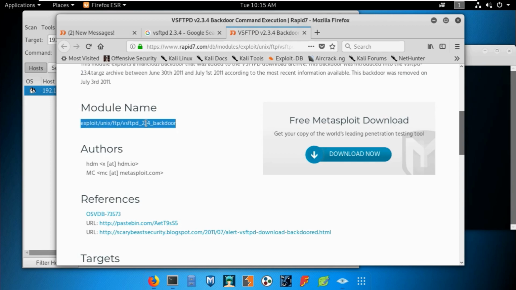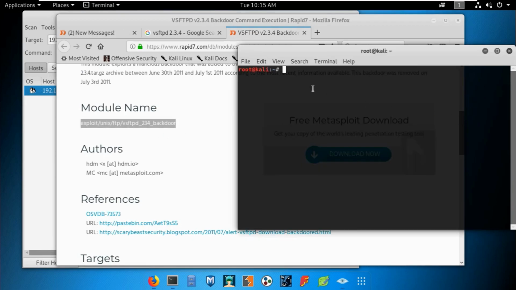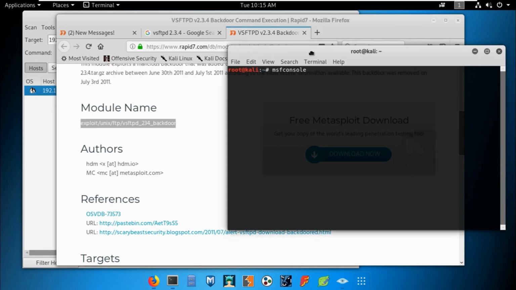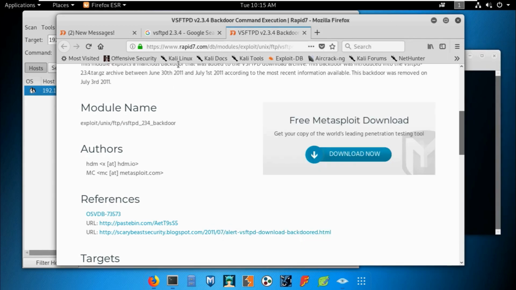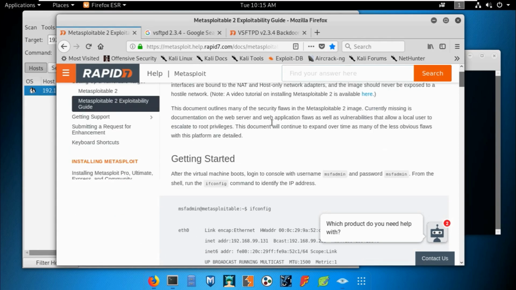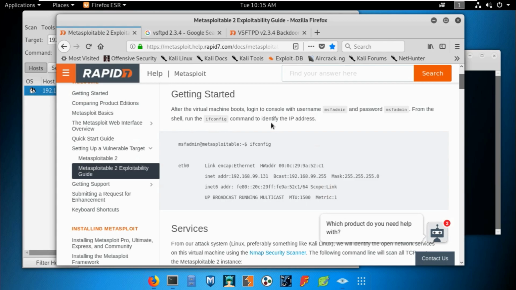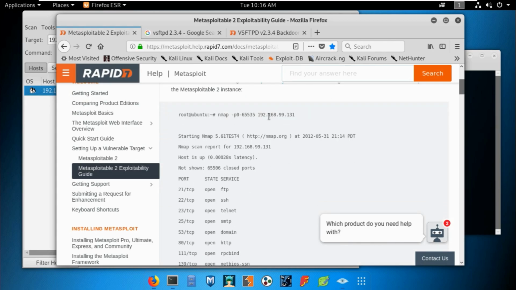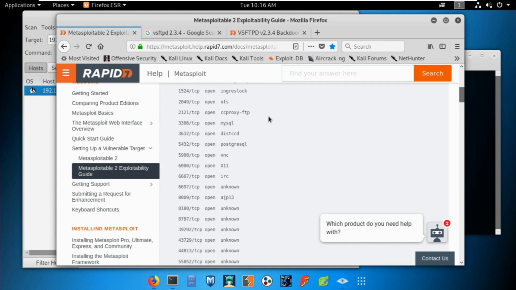Let's move to the exploit, copy and run the MSF console. It might take time to open the MSF console. I recommend you read this Metasploitable 2 exploitability guide, which gives you an amazing idea of how you can use the exploits and exploit the vulnerabilities.